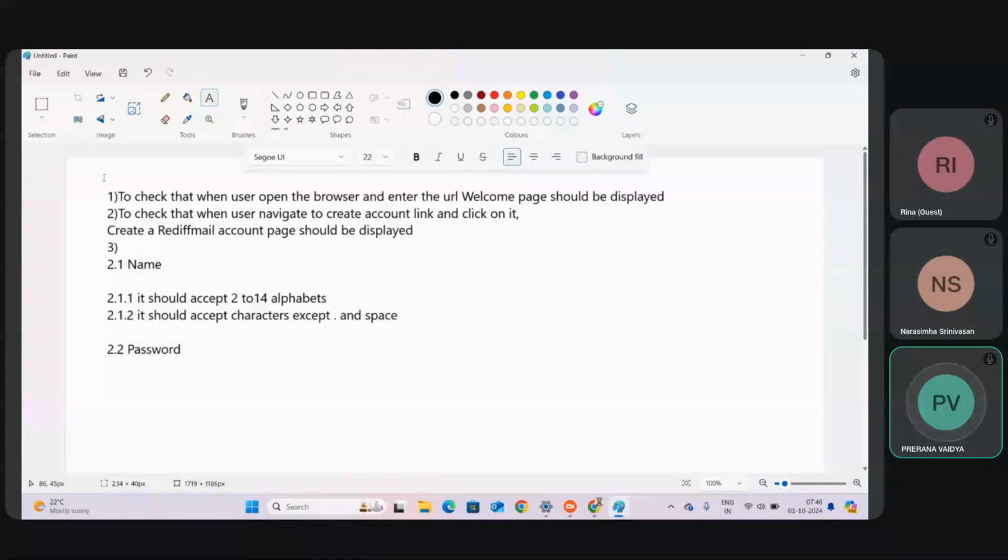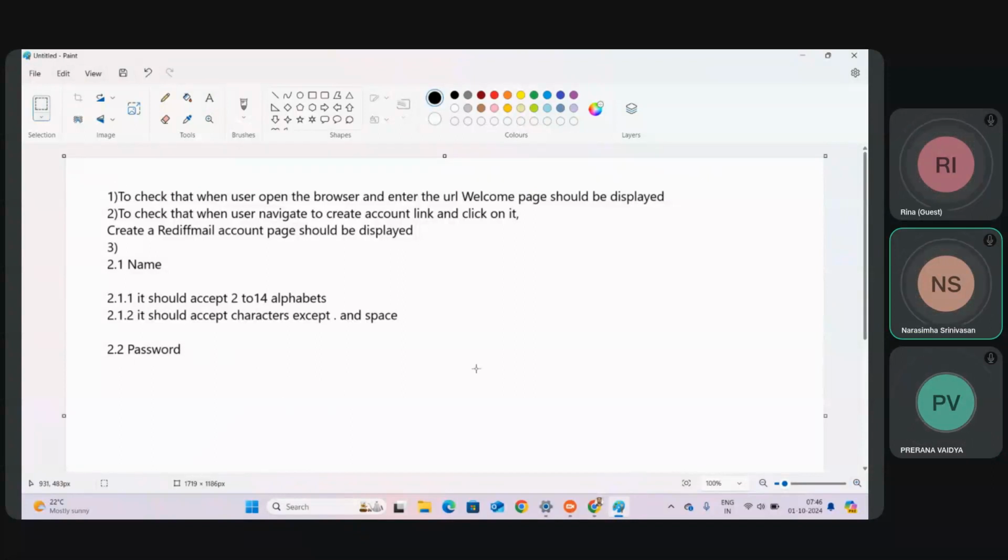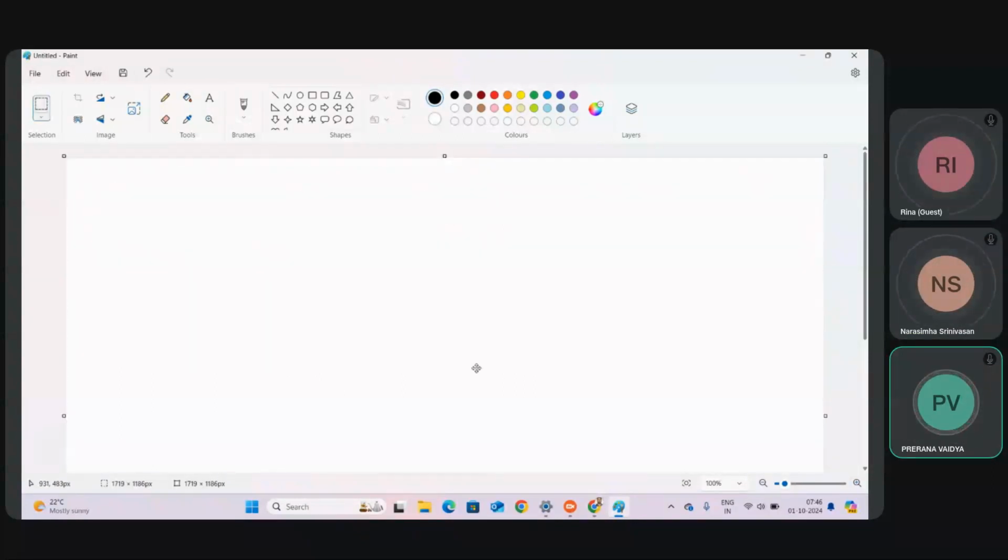So take this as a screenshot and reference. This is what I'm giving you, the knowledge. Got it. Done? Okay. So I think I have covered all the components as of now. If you find any defects,